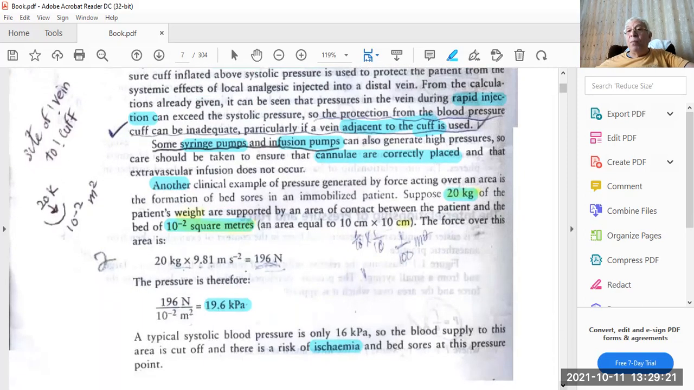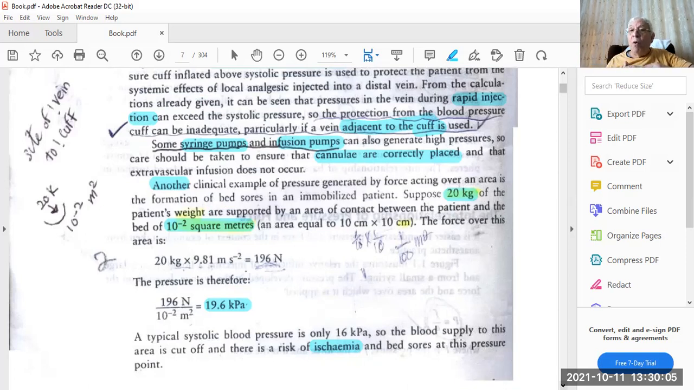Another clinical application is what we call the bed sore. Suppose we have a patient lying on the bed, and we have an area of 10 times 10 centimeters, and we have a weight of 20 kilogram. Of course, the 20 kilogram we can shift to Newton, as we said before, that there is a correlation between Newton and gram weight, so that we can see that 20 will give around 196 Newton. So when we divide this force over the surface area, it will yield around 19.6 kilopascal,